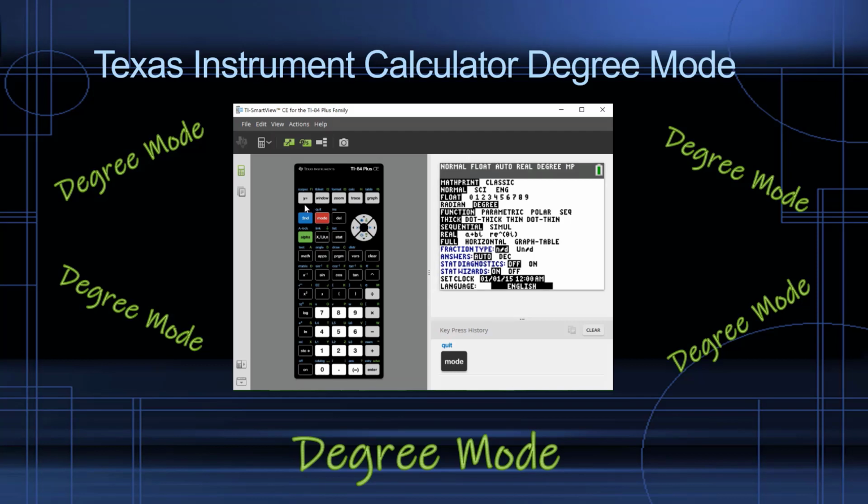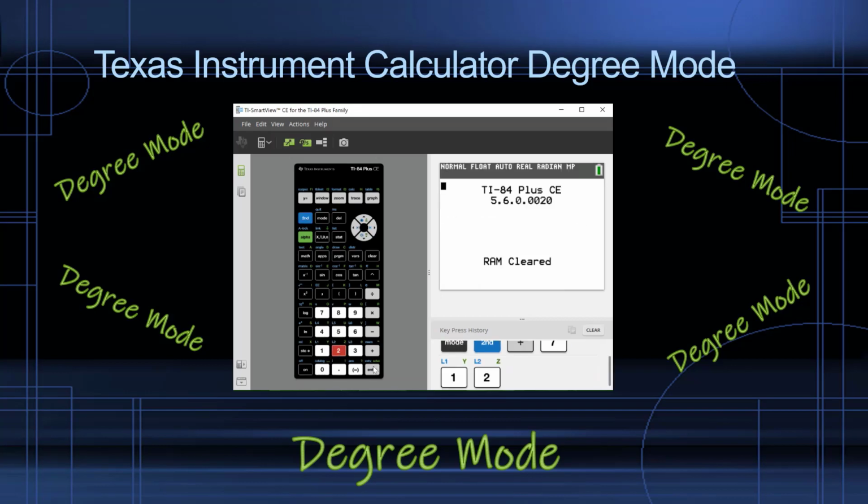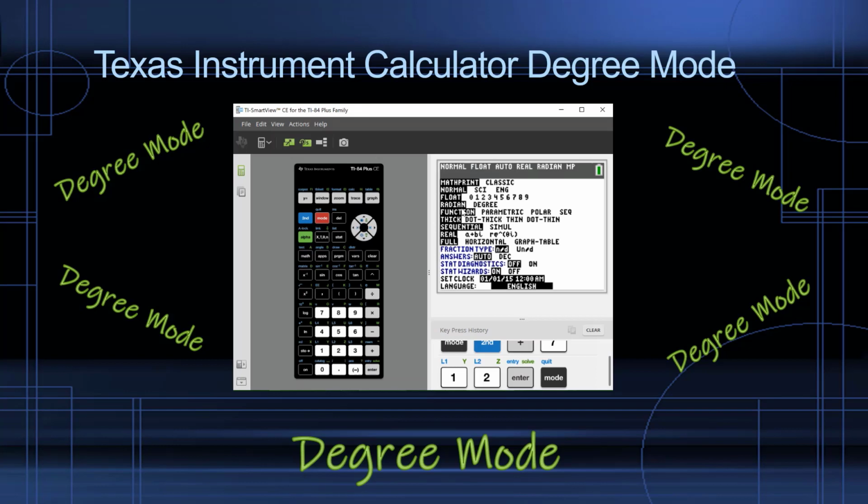So let's just show you this by resetting the memory. I'm going to hit second, and then the plus sign, which is mem, and then 7, 1, 2, enter. And then I'm going to show you why it's important for you to go back and check that mode. See how it's on radian right now? You need to go over here, scroll down to here, and change it to degree. Go over to degree, hit enter, and now you are in degree mode,